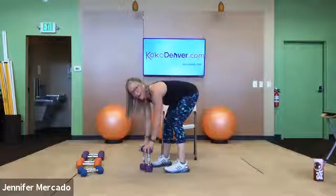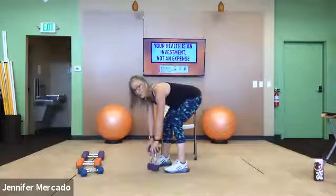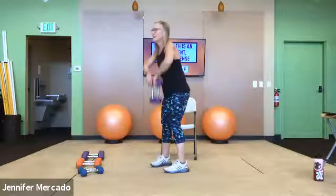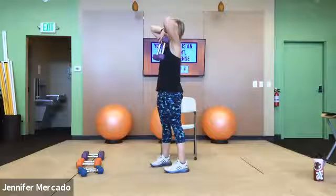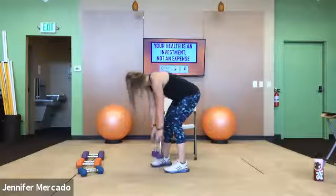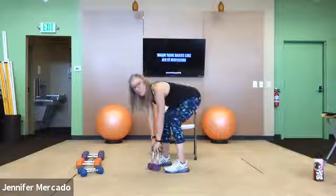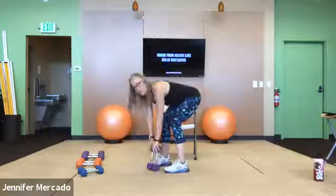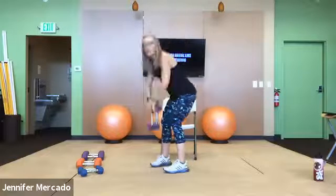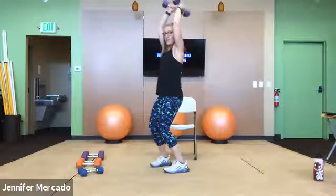Okay, hinging up, RDL to upright row. 1, 2, pulling up the zipper from belly button to chin. 4, 5, good, 5 more. 6, 7, 8, 9, 10. And lower it, regrip those dumbbells, deadlift up, press to the ceiling, sink into your knees and your shock